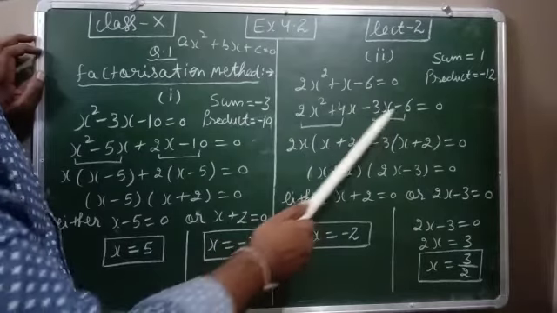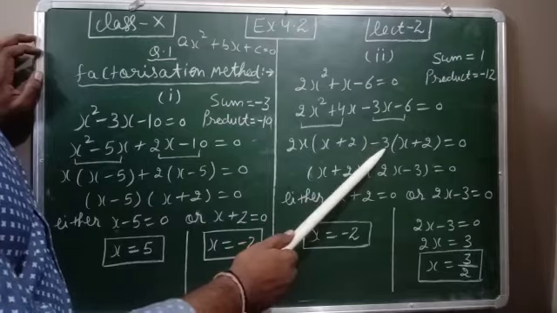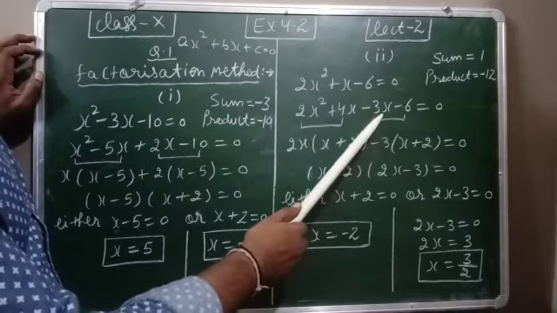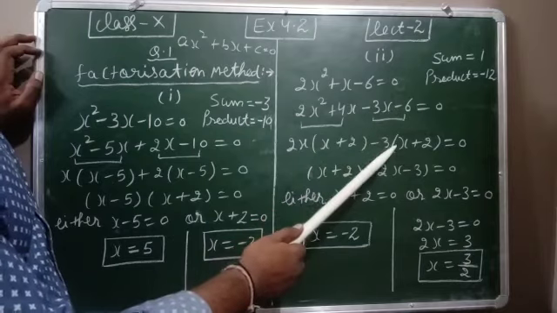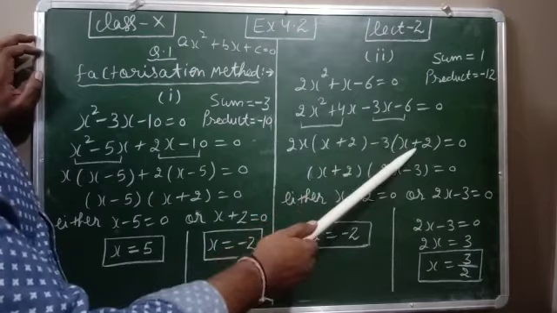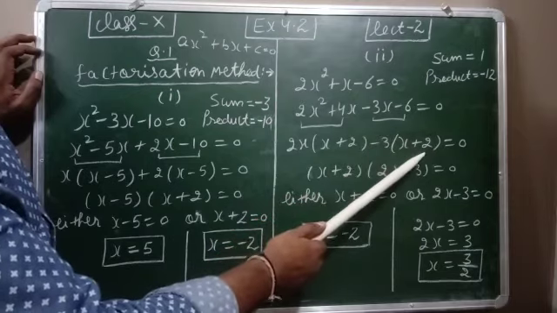Now in these two, the sign is minus, so we can take the minus common, and 3 also. When we take minus common, the sign of these two values will change. So minus will become plus. 3 is common, so you are left with x. And minus will become plus 6, but 3 is common, so here you can write 2.